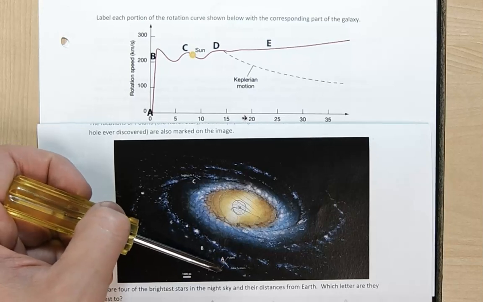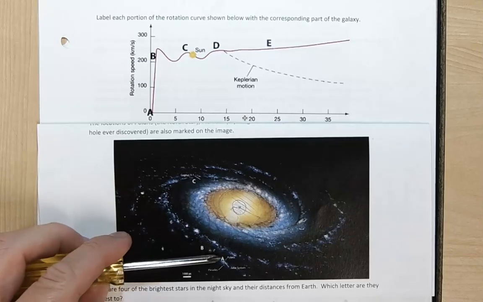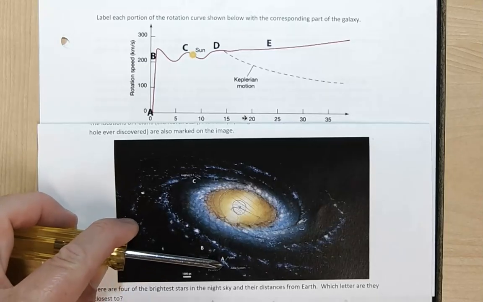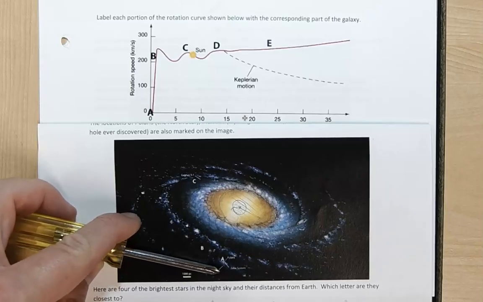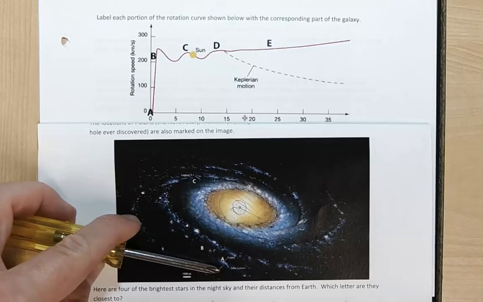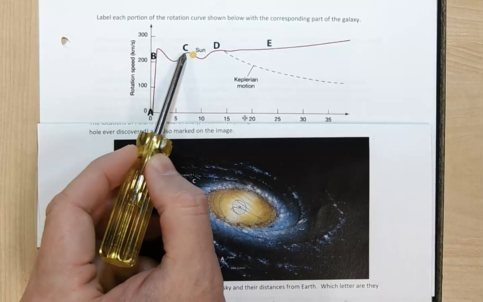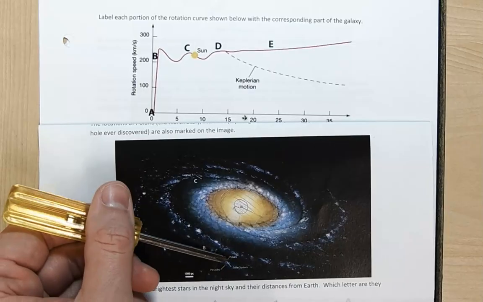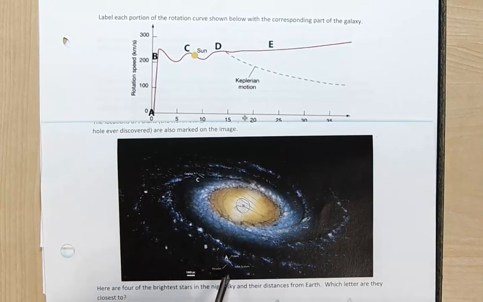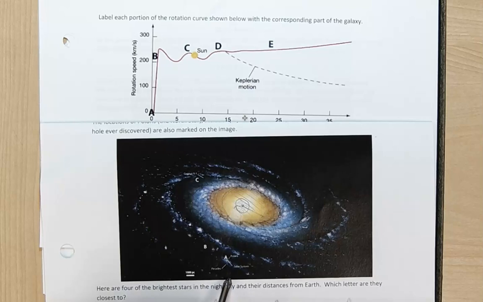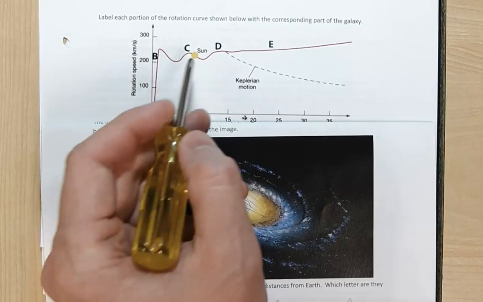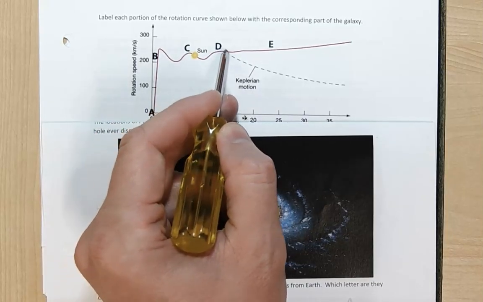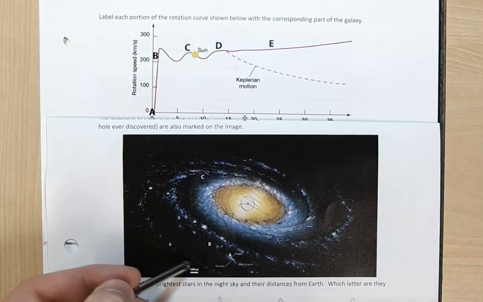And then as you get further, because our solar system, right? Remember, our solar system is right there. Our solar system is kind of on the outer edge of the second spiral arm, so this is where the stars are getting a little further out in the inter-arm space. They're going to start slowing down again. So that's why, okay, here's the second spiral arm, and then things are going to slow down as you get further and further again. And then, kind of out of frame of this picture, you've got another arm that goes out here, and then the stars speed up again in that third spiral arm, the one that's just petering out right there.